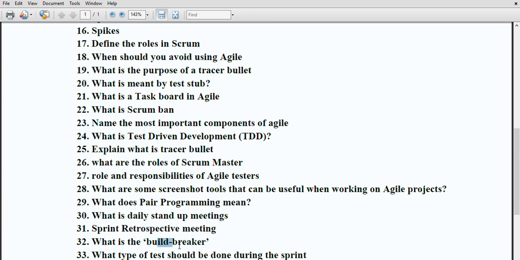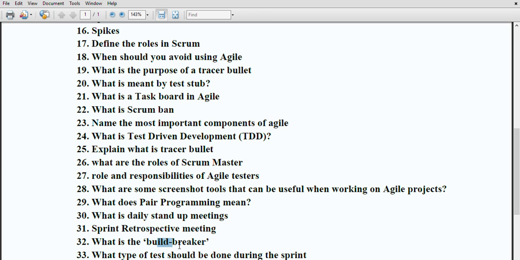So what is meant by build breaker? Generally, the developer might accidentally introduce a bug during development of the software. Such a bug generates a warning, and it may lead to failure of normal execution and may hamper the progress of the software. This problem or conflict is referred to as a broken build or build breaker.